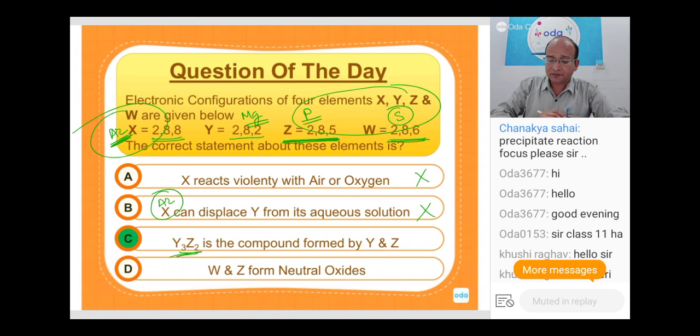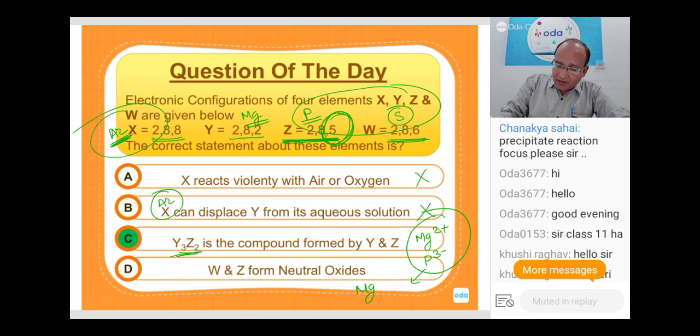Okay, what about this one, C? C can happen because you have taken Y and Z. Y is magnesium. Magnesium will form a +2 charge cation. And Z is phosphorus. Phosphorus is a non-metal, it will form an anion. And how many electrons are required to complete its octet? 3 electrons. Okay, so it will form P3 minus. So what is the formula of this? Just cross multiply by the charges. Multiply 3 by Mg and 2 by phosphorus. Okay? So the formula is Mg3